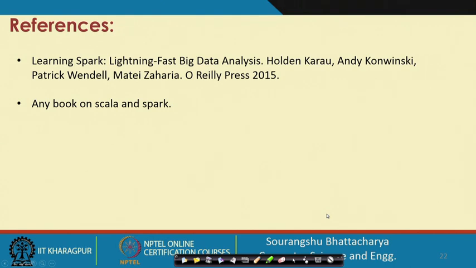The references for this are Learning Spark, the book by Holden Karau, Andy Konwinski, Patrick Wendell, and Matei Zaharia. Matei Zaharia is also the inventor of Spark. Or any other book on Spark; there are many books on Spark available, and also on Scala. Thank you.